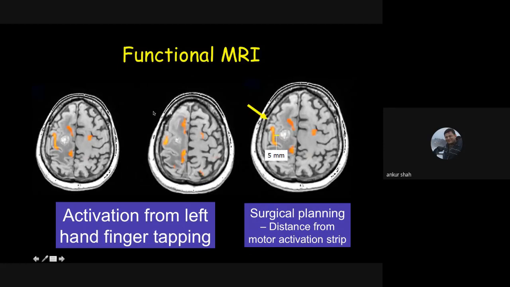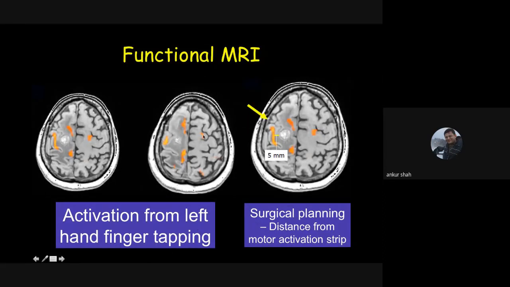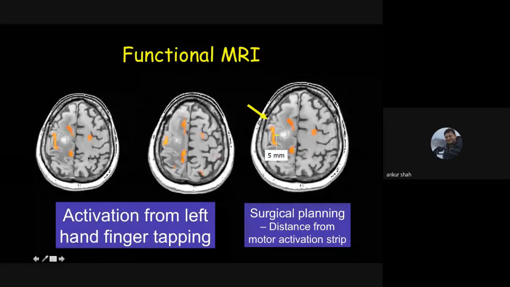So when the patient is placed inside the gantry, the patient just moves his or her finger of the left hand, and these are the areas of the brain which get activated. So this suggests that this part of the brain is responsible for the patient's left hand finger movement. Similarly, if we move the toe, then the areas which are important for leg or toe movement will become activated. So all these can be detected with the help of MRI,